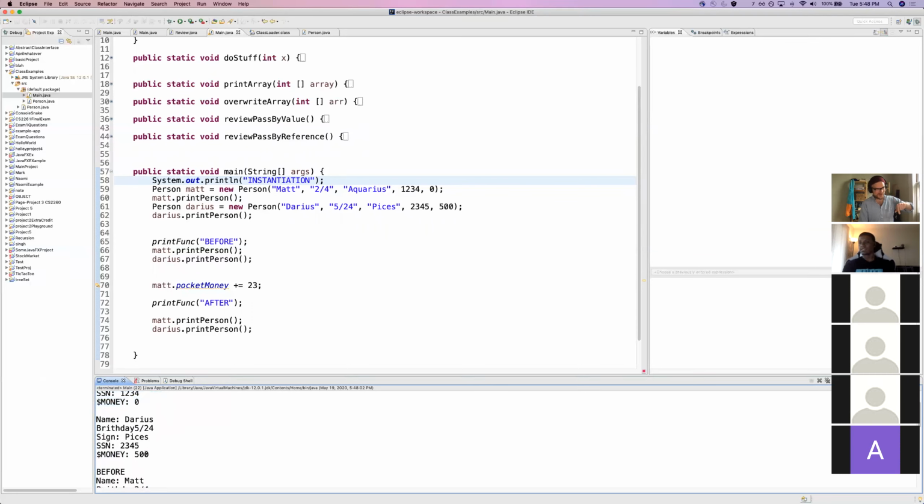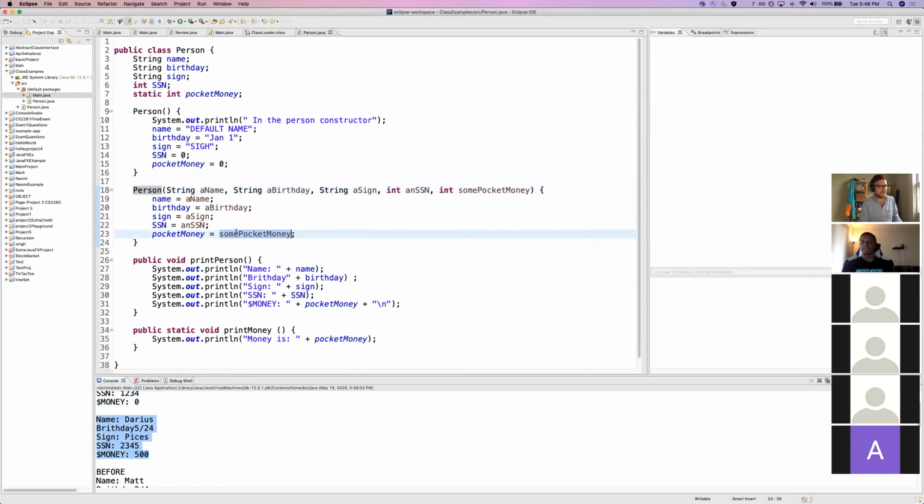But because we then instantiated Darius as a person with this $500, and then we saved that into Pocket Money, and because Pocket Money is static, that means that I get that $500 too. Right? Well, I don't get it too. We're sharing that specific thing. So there's really just one place in memory. And in all actuality, the only time you really need to worry about this,